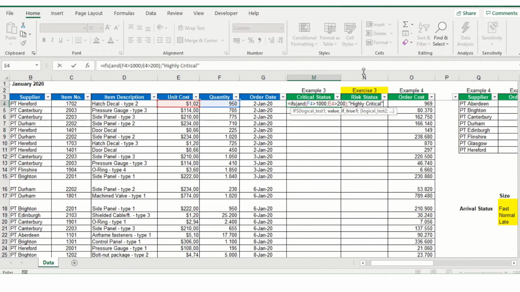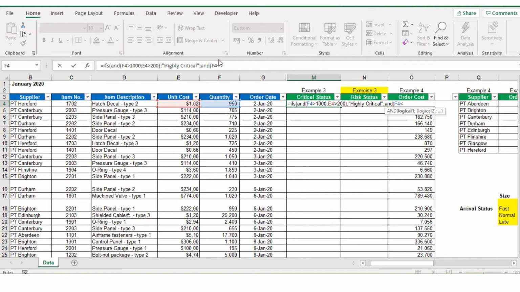All right, so we move again to the rule of IFS function. Here we write the second logical test. All right, and we still use AND, if the quantity is